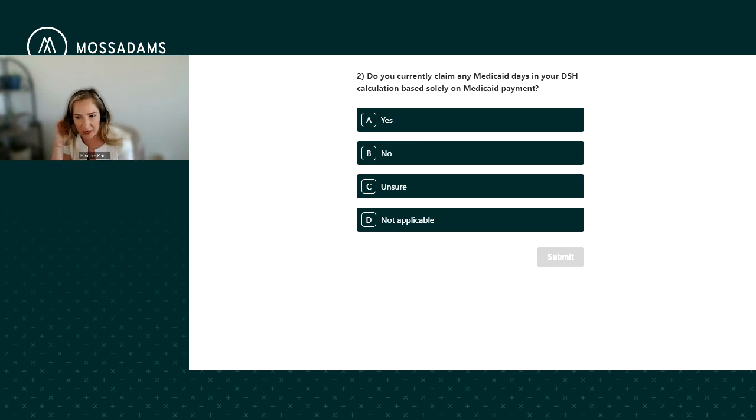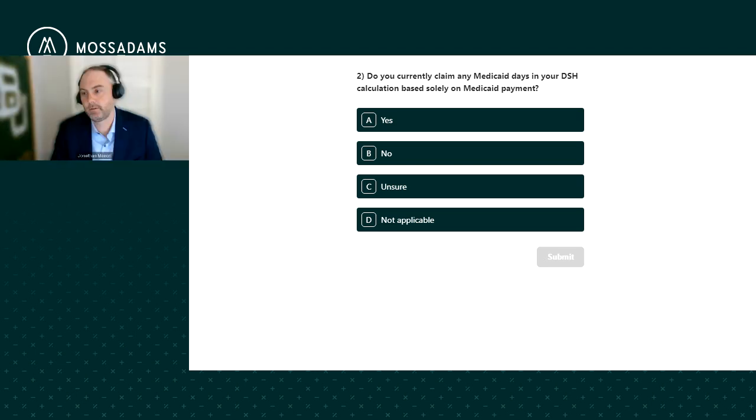And while we're waiting for that, there was a question that came in: Part A exhausted, but Part B eligible. Yes, you are allowed to include those patients in your DISH calculation, if they're not eligible for Part A during those dates of service. And I saw the other question: can you confirm that sole community hospitals paid on a hospital specific rate are still exempt from needing to provide the DISH file? That is correct. So if you're a sole community hospital and your HSP is greater than your federal rate, you do not have to fill out this template.